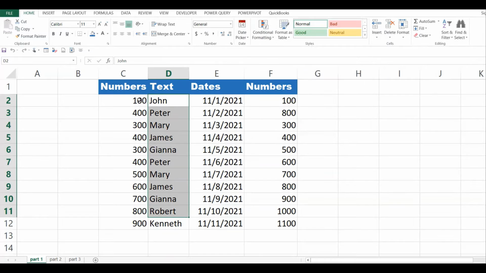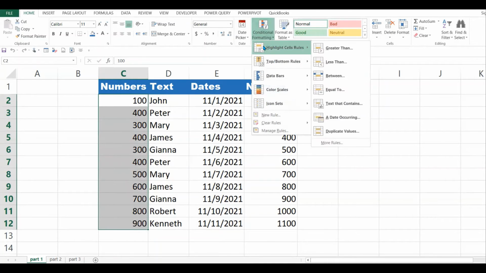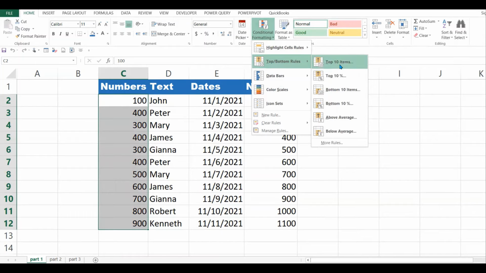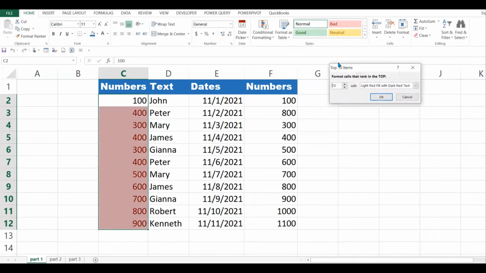Let's come to these numbers here and we go to conditional formatting, top bottom rules. If I want the top items highlighted a certain color, I can say, give these ones green. Maybe I want the top 5.